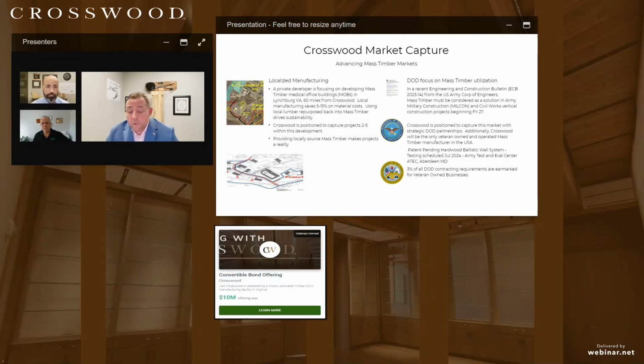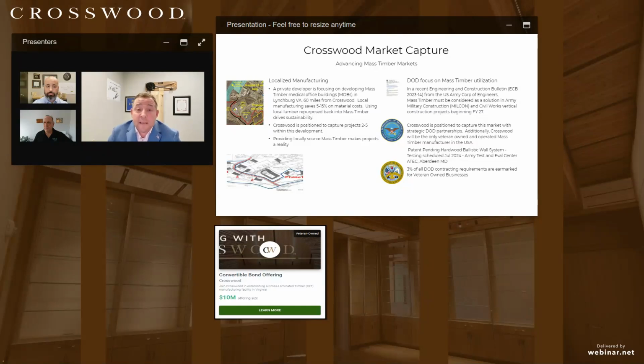The next thing I want to point to is, Kurt spoke to it briefly, and it's downloadable on our resource tab, the DoD's memorandum, and we anticipated this last year. The DoD came out in September of 23 with a memorandum, and this validates again mass timber and how it's a better way to build, in the adoption of the Department of Defense.